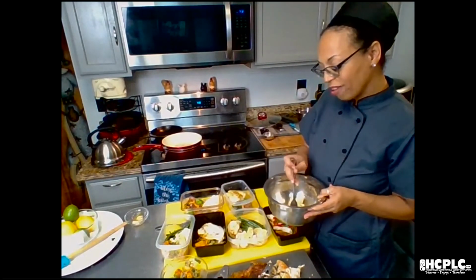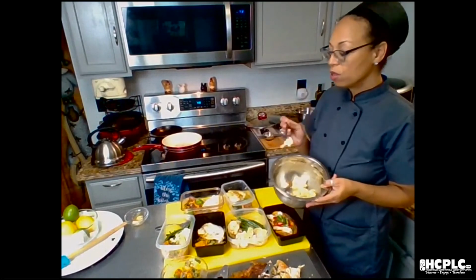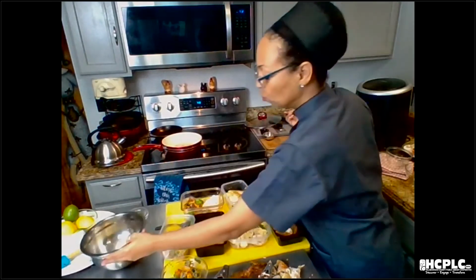Oh yeah. Garlic and cauliflower go really well together. You have to try this one. I'm